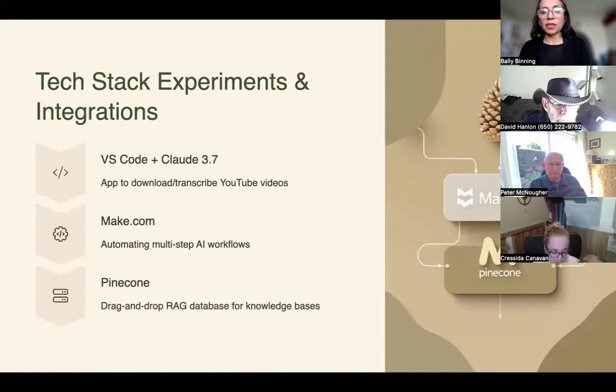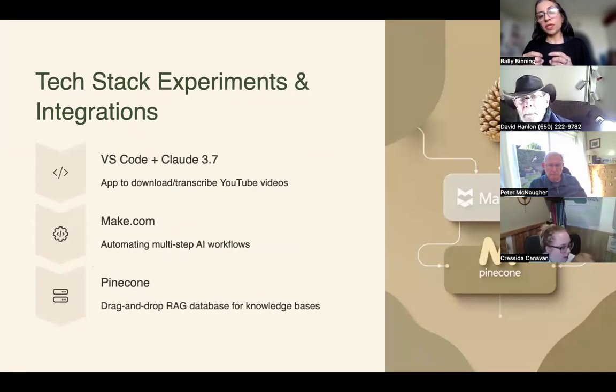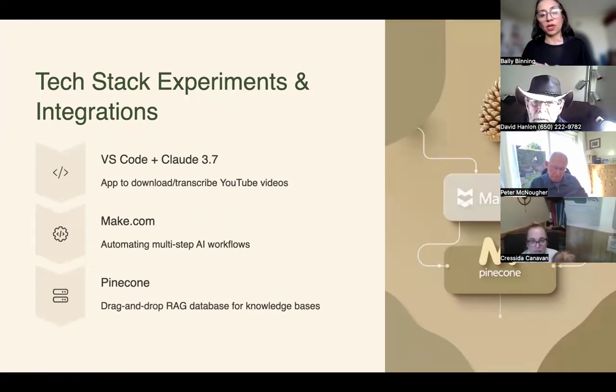So what's happening at the moment is we've got all these various tools out there, and they perform really well at some things, but they don't do all of the things well. So what a lot of people are doing behind the scenes, and I'm sure Richard's doing some of this as well, is what we call tech stacking and experimenting with integrations, right?